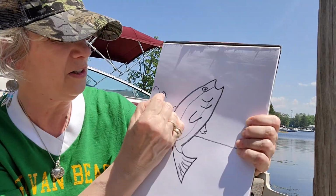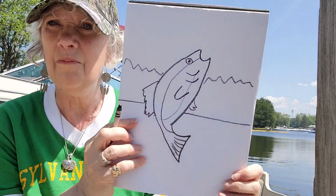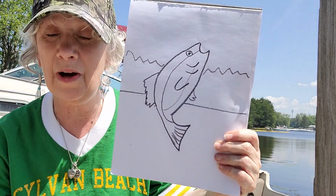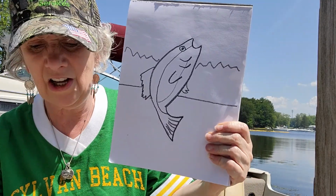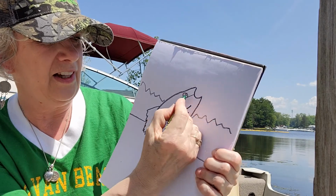See all the beautiful trees that are behind me? All right. And now I think we have the basic colors or the basic shape of our fish. Let's go ahead and let's color him in. I'm going to use green first, and the top part of his body where we've done that line, let's color